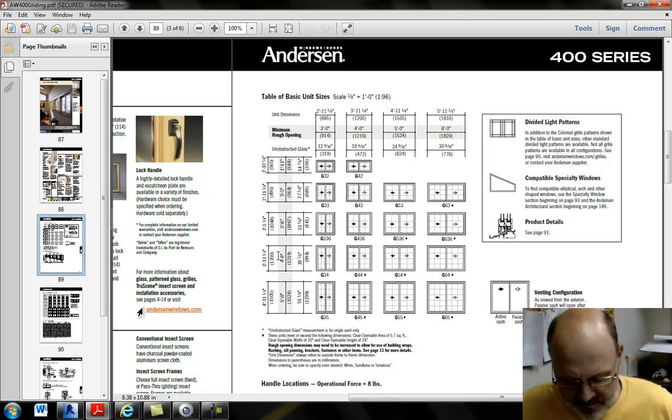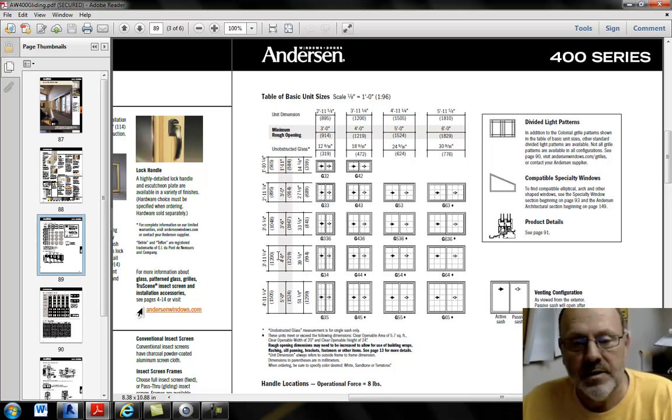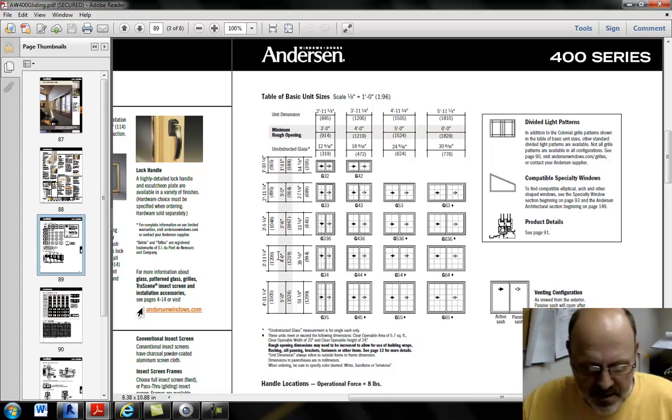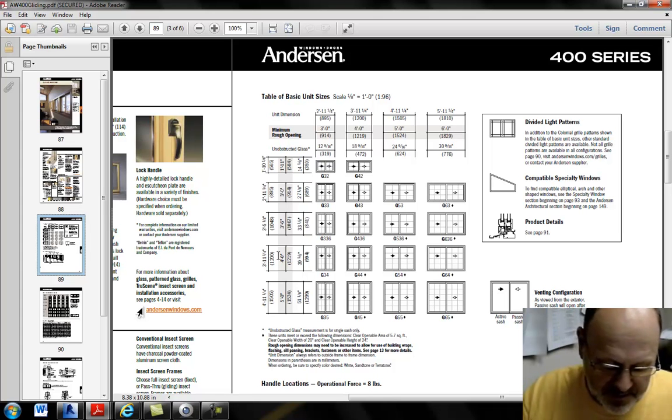So the unit is actually 3 feet 11 and a quarter. We're going to have a 4 foot rough opening. So we've got 3/4 of an inch rough opening. That means you'll have 3/8 of an inch on each side of that framing to slide that window into. So those are numbers I want, and I might call this GW41 and make it